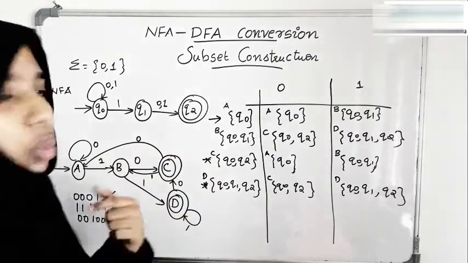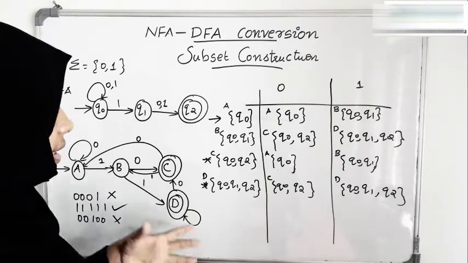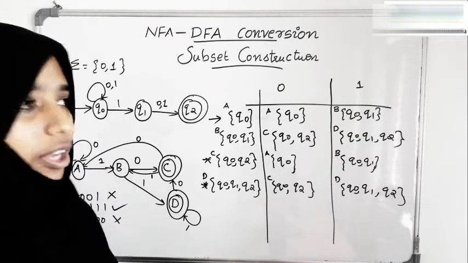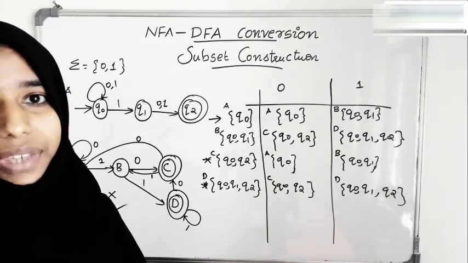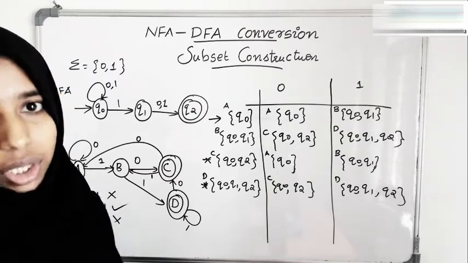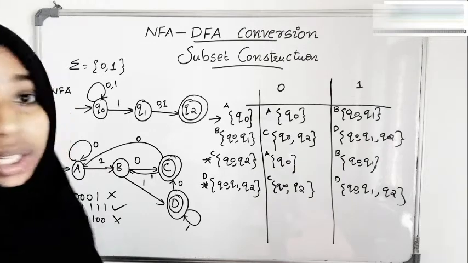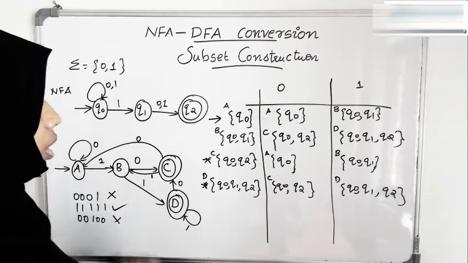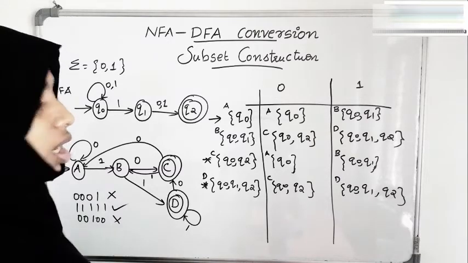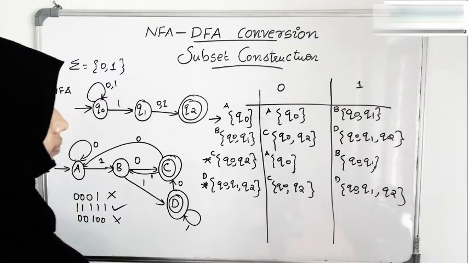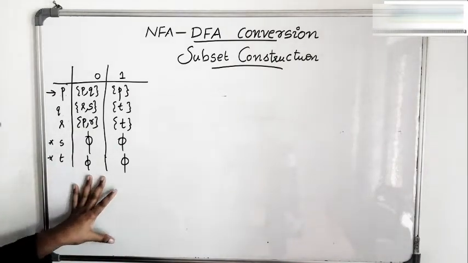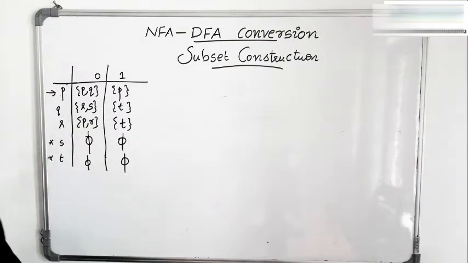And again, I want to repeat, the DFA that you obtain during this conversion may not be the minimized DFA. You may have the scope of minimization in it, and we will see minimization in one of our coming videos. Okay. So, I hope you understood this. We will do one more example. So, here is our next question. This is an NFA and we have to convert that into a DFA.